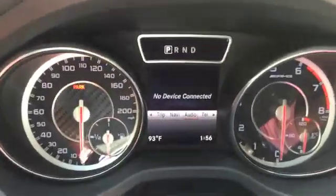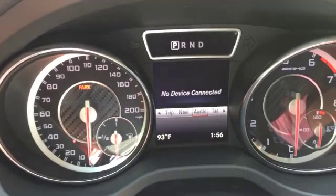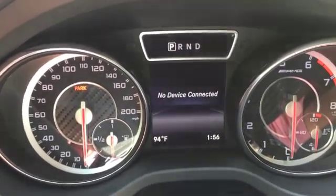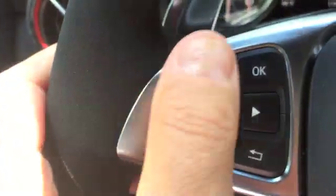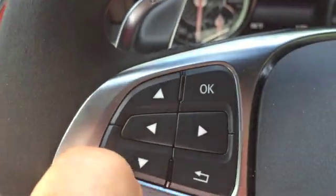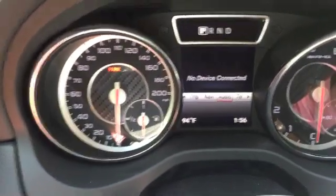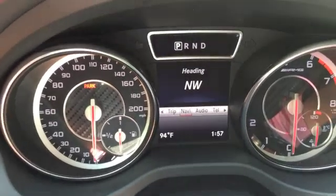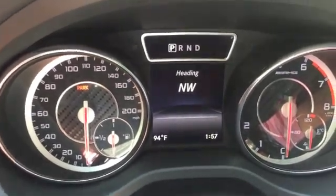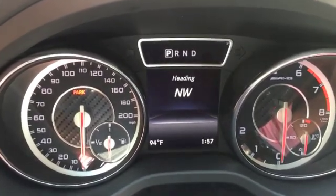is it going to let me do it? Yeah, you can flick between, so you can pick when your audio device is connected. Well, my iPhone's not connected at the minute, but that will appear here, and you can skip up and down your tracks using these buttons. And just flick over again. You can go to nav, it tells you which direction you're going. When the command system is operating, this also shows arrows as to where you are going, when the next turn's